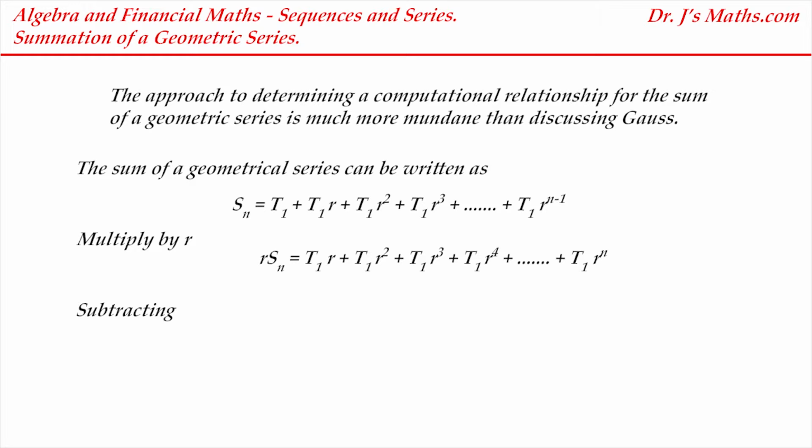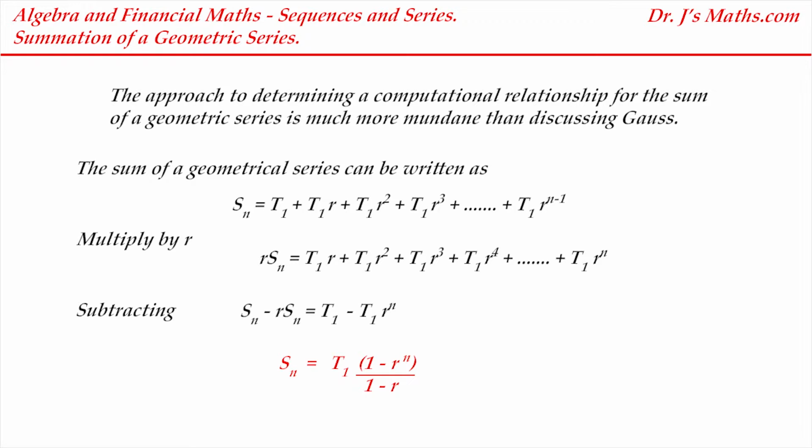And now we subtract the two equations, one from another. So I'm going to do Sn minus rSn. The T1 term in the top one remains, but all the others cancel out until we get to the last term in the second equation, which has no counterpart in the first one. So we're left with, on the right hand side, T1 from the first equation minus T1 r to the nth in the second equation. Now we can factorise out the Sn and then divide by the 1 minus r, and